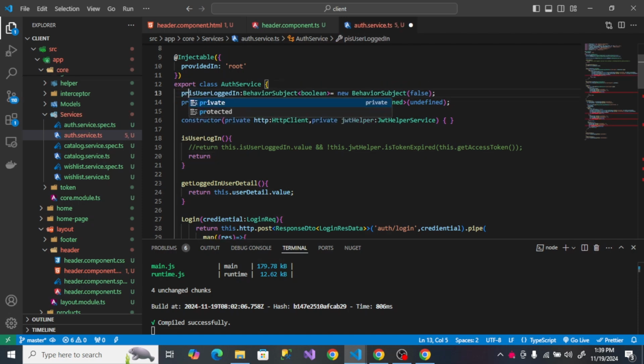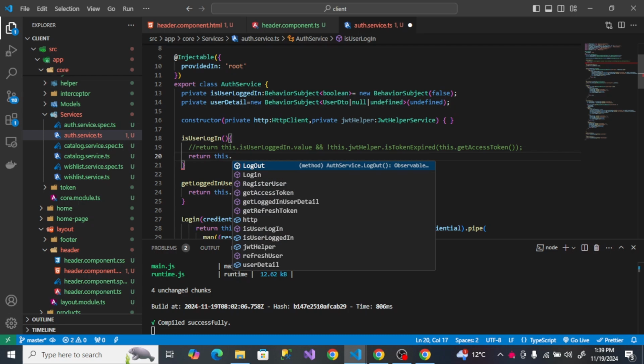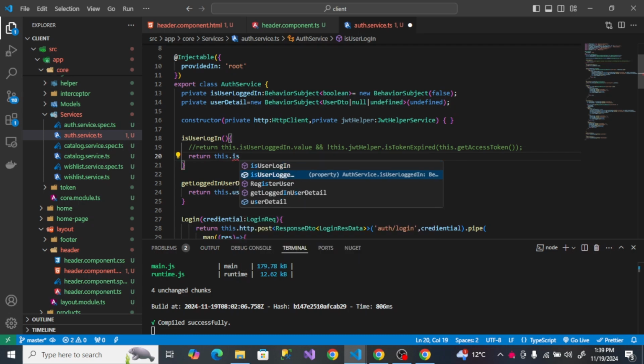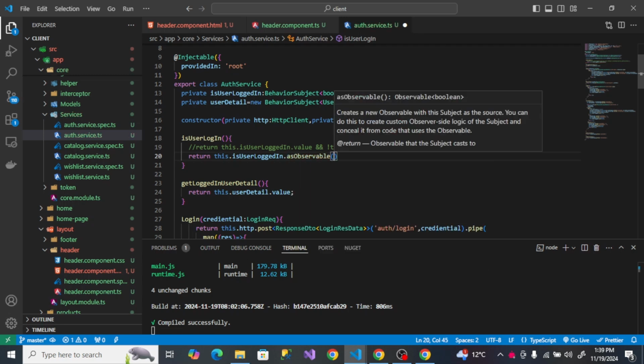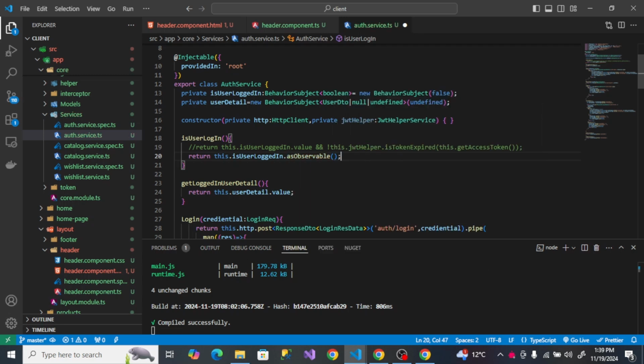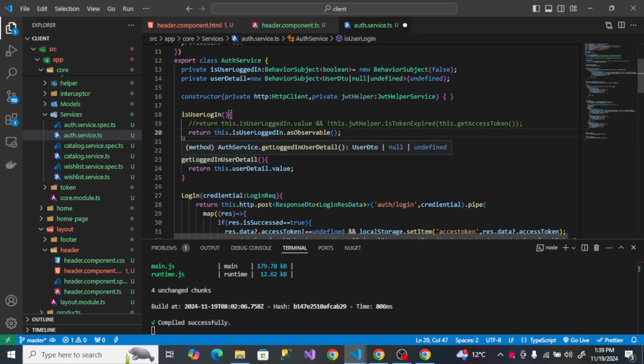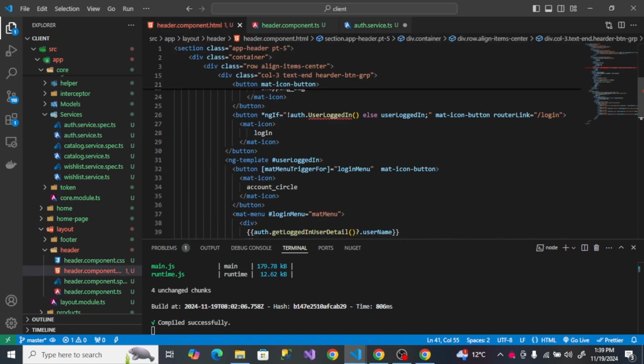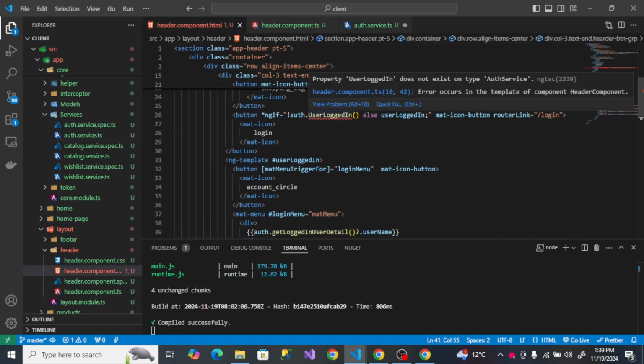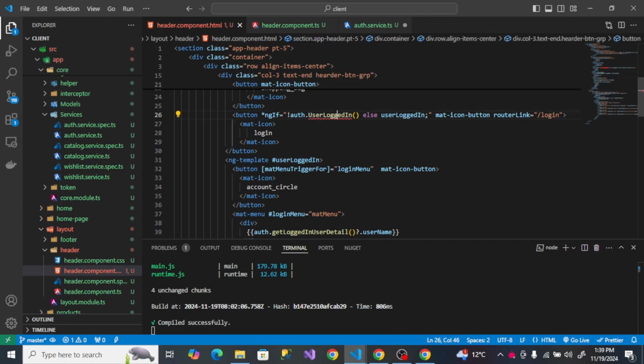Make this variable private first. Okay, this dot is user login and as observable. Okay, then after that, here this method is removed, right? So now instead of this we are going to require is user logged in method